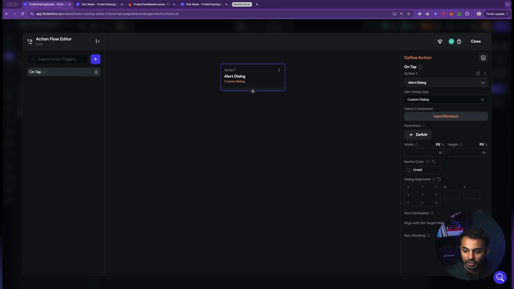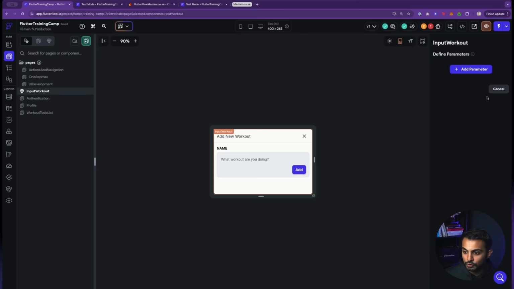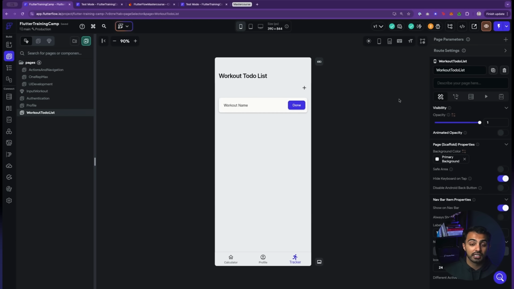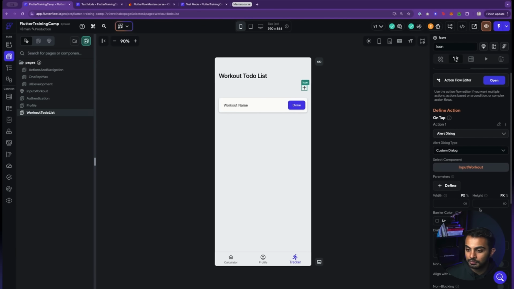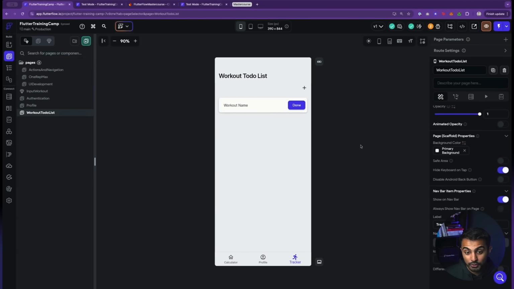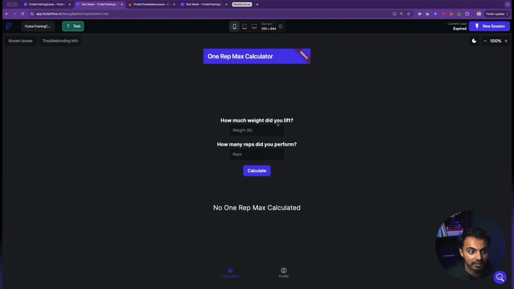We're going to say input workout, and no parameters. Parameters are essentially ways that you can pass data from one page or one component to another, but we don't need to do that in this case. So all we need to do is make sure that this dialog opens. That's pretty much all we need to do. So now let's go test this by creating a new test mode session.